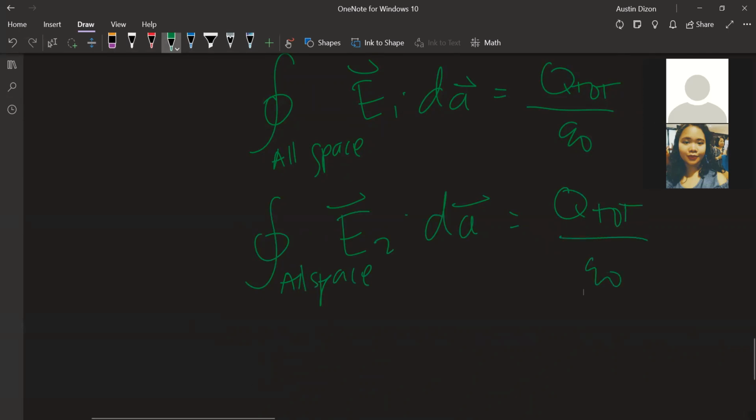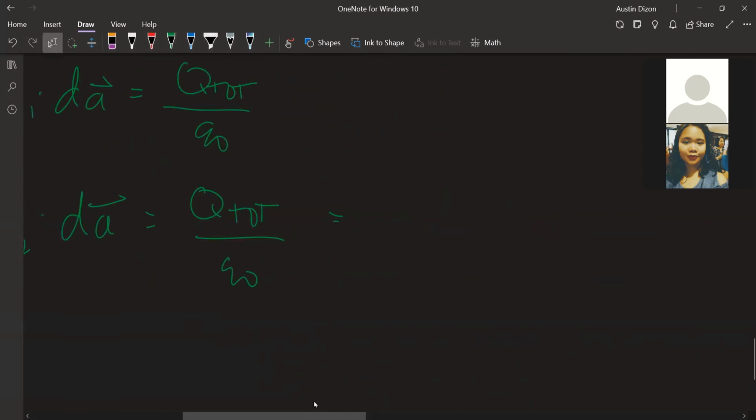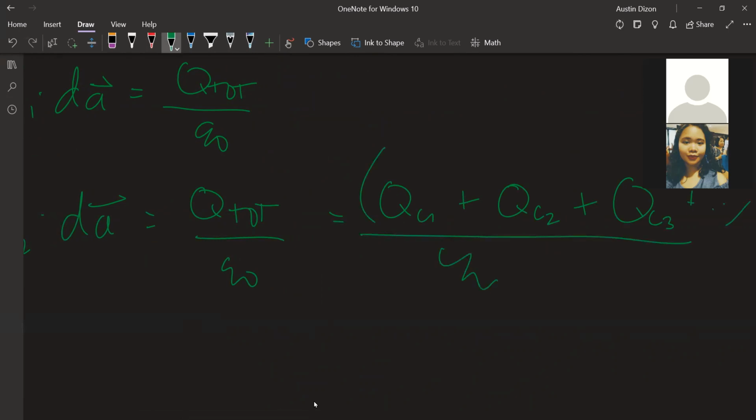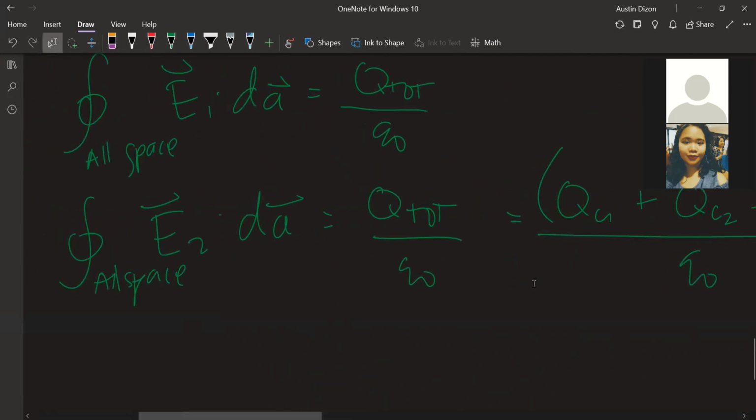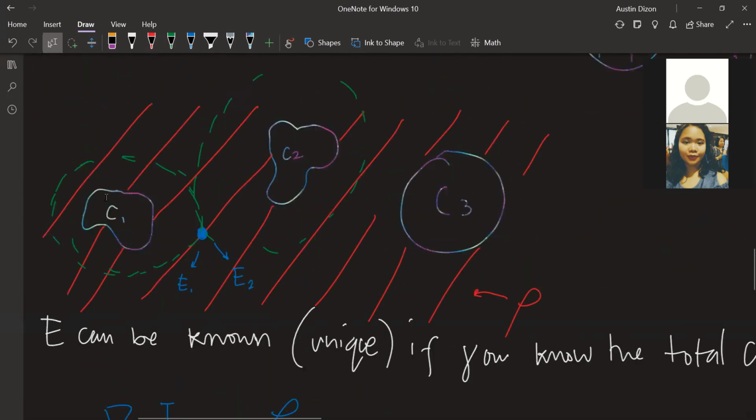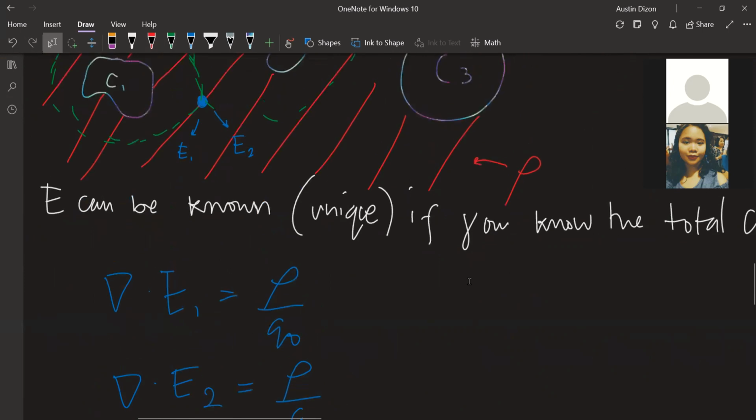Okay? So yung Q total will just be Q C1 plus Q C2 plus Q C3, etc. Ayun yung Q total na. Okay? Medyo clear pa naman yun yung mga Q mo galing sa charges. Okay? And then, again, yung trick dito is hanapin nyo kung ano yung difference ng dalawa. Siyempre, titingnan natin kung gaano kalayo yung mga sagot natin from E1 and E2. So we have E3 must be equal to